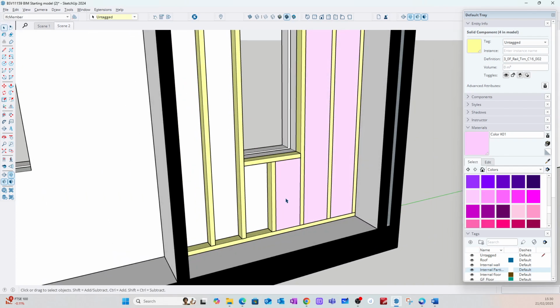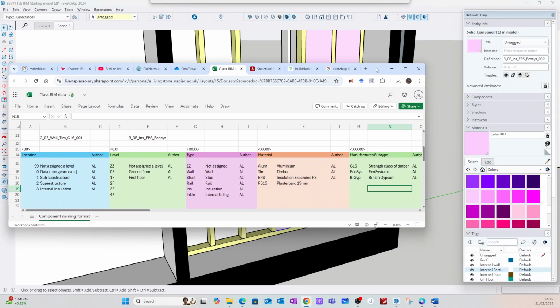And I put insulation in there. Now, I've shown something that I'd expect none of you would do, because this would not follow the brief that I've given. The brief that I've given is to follow the timber and construction roadmap. This is actually EPS insulation, so you can see 3. So 3 is the insulation layer, 0F is first floor, INS, what does the INS stand for? INS is insulation,